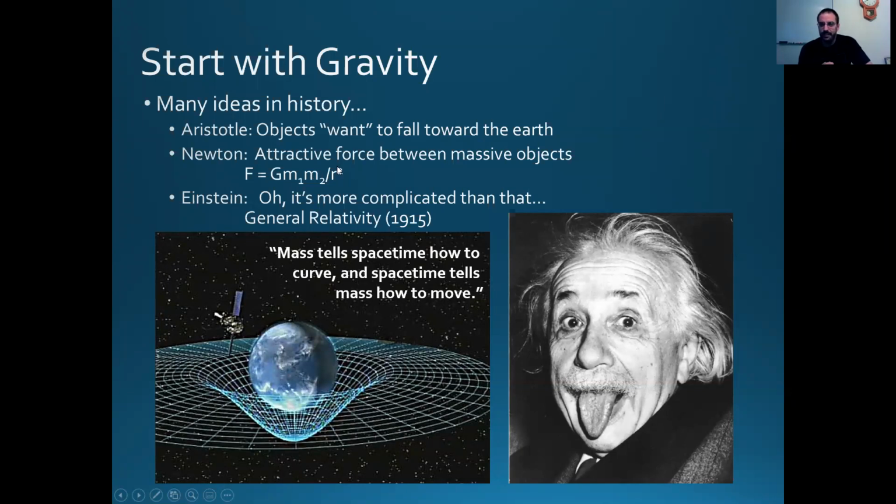By the late 19th century, there were some issues that started to be noted. The planet Mercury wasn't returning to exactly the right point in its orbit. A ridiculously small amount, 43 arc seconds per century. I'm amazed that in the 1800s they could measure something like that, but they could. There were a few other things as well, and they were realizing that this Newtonian classical physics seems to have some problems. So they started putting some band-aids on it.